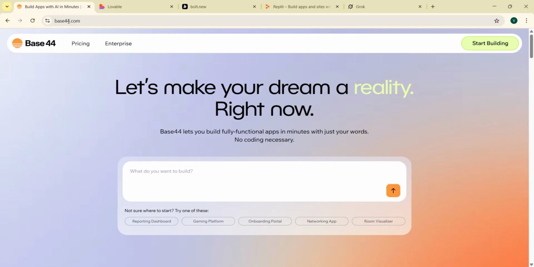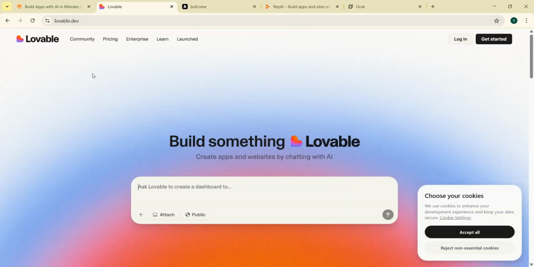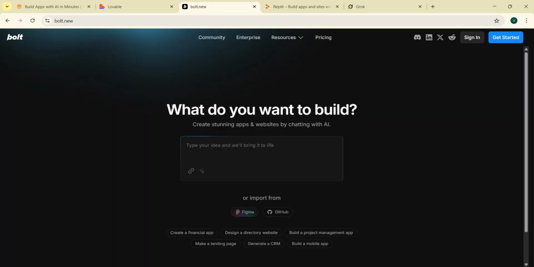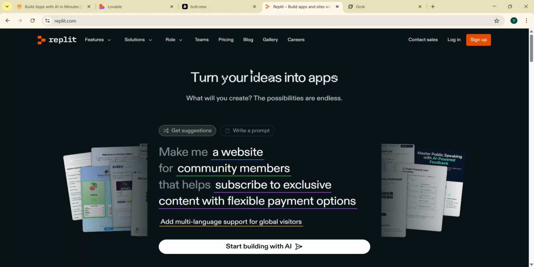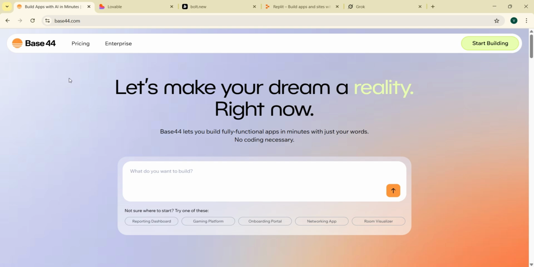The first one is base44.com. The second one is lovable.dev. The next one is boot.new. And the next one is replit.com. For the first one, if you're an absolute beginner, I will recommend starting with Base44 because you build everything